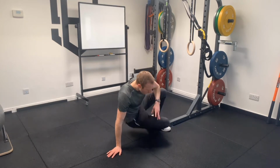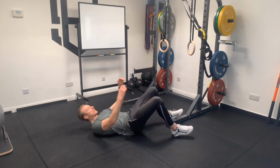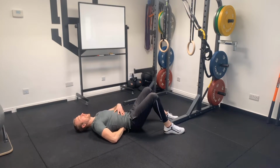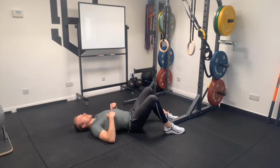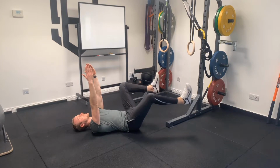So how can we do that? Some very simple ones, like a dead bug. If we lie on the floor, we don't want this arch in our back. We want to keep it flat on the floor and maintain contact the whole time. So I think rib cage down, abs stacked. Then from that position, what I can do is extend one leg at a time